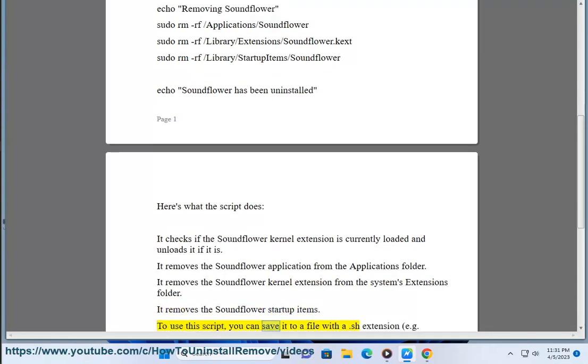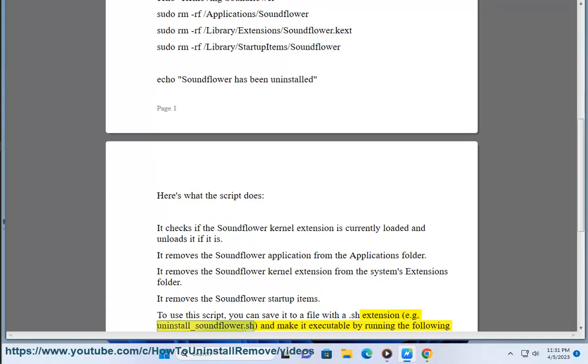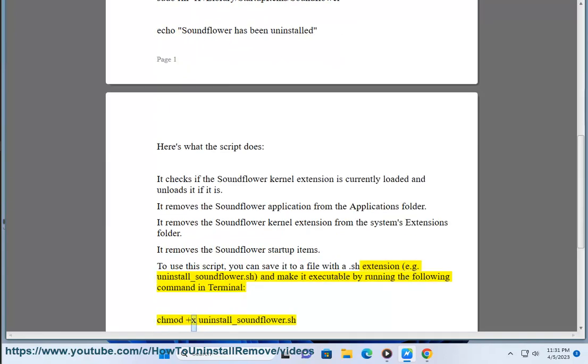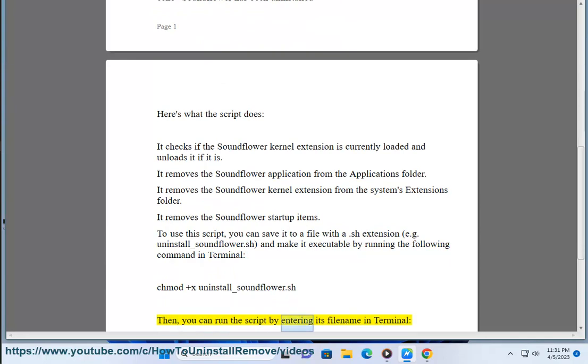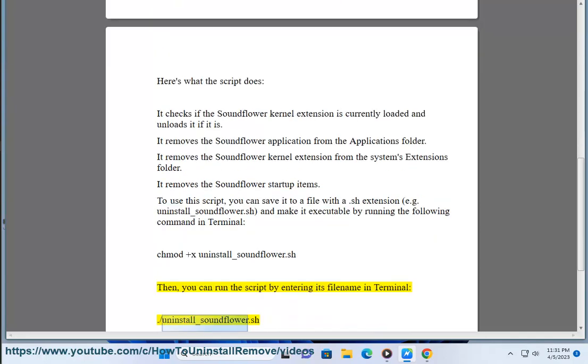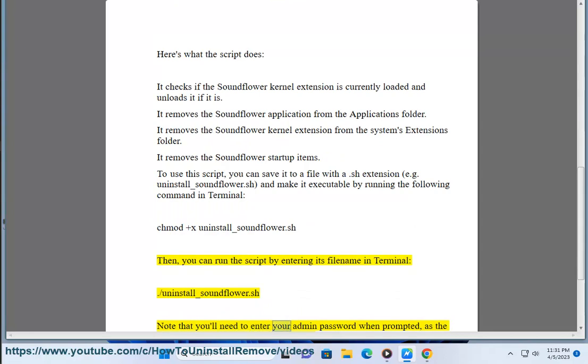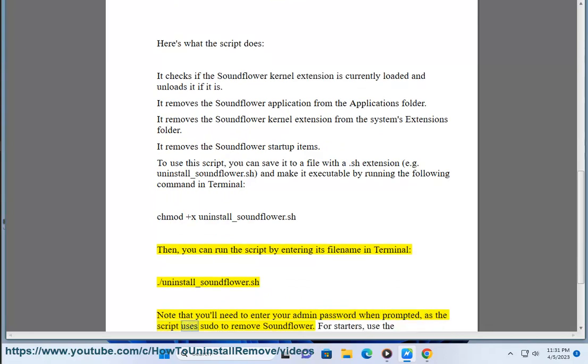To use this script, you can save it to a file with a .sh extension, e.g. uninstall_soundflower.sh, and make it executable by running the following command in Terminal: chmod +x uninstall_soundflower.sh. Then, you can run the script by entering its file name in Terminal, ./uninstall_soundflower.sh. Note that you will need to enter your admin password when prompted, as the script uses sudo to remove